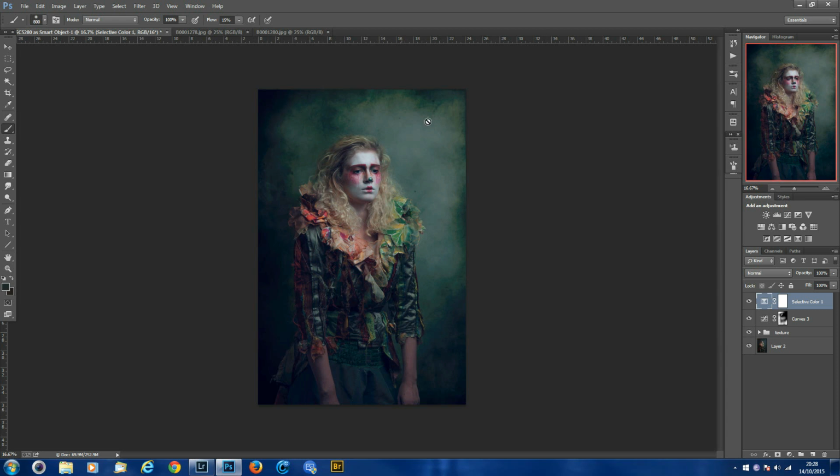So we've pretty much got the texture looking okay, with a little bit of blue to the darks. So next what we're going to do is